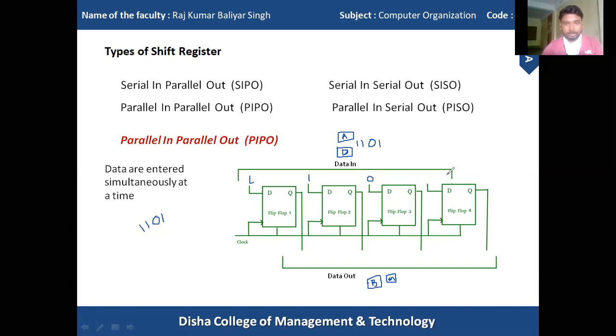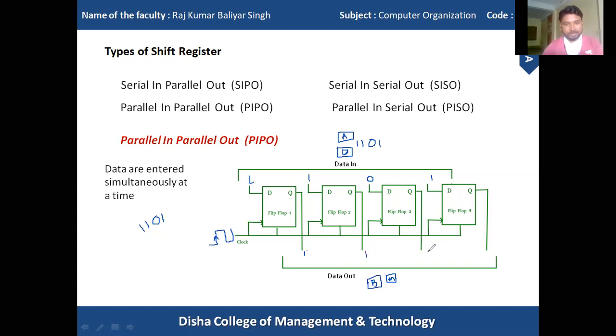All data can be fed into the flip-flops, because when the clock is high, all flip-flops are ready to receive the data. At the same time I can place the data at the input line of all flip-flops, and after a fraction of a second we can collect the data here at the output side parallel wise.